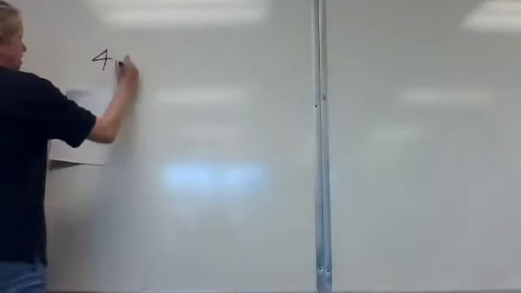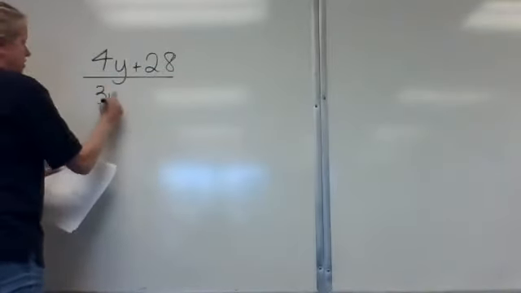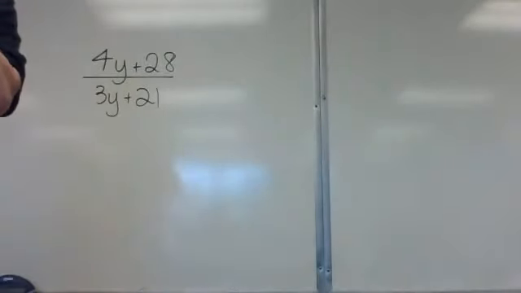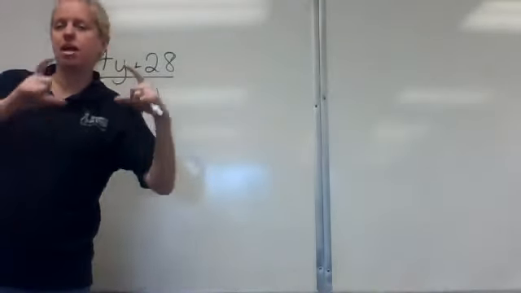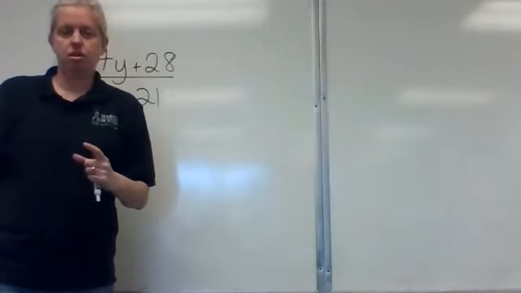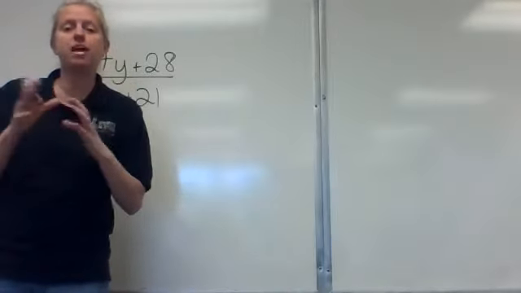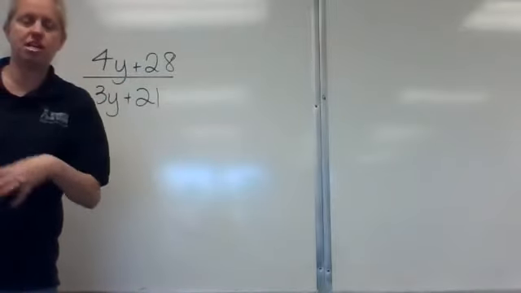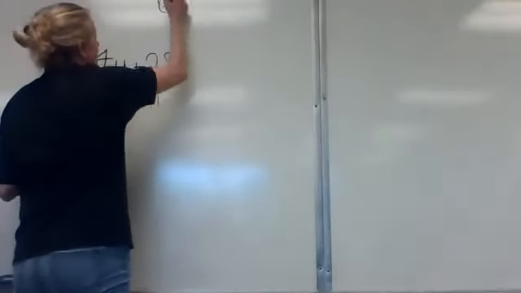Simplifying, I see 4y plus 28 over 3y plus 21. So on this one, I see multiple terms in the top and the bottom, and I don't see them in their factored form. You can't just start canceling until you see things that are multiplied together, not things that are added or subtracted. So I can't just start reducing and canceling here. So what you're going to do first,